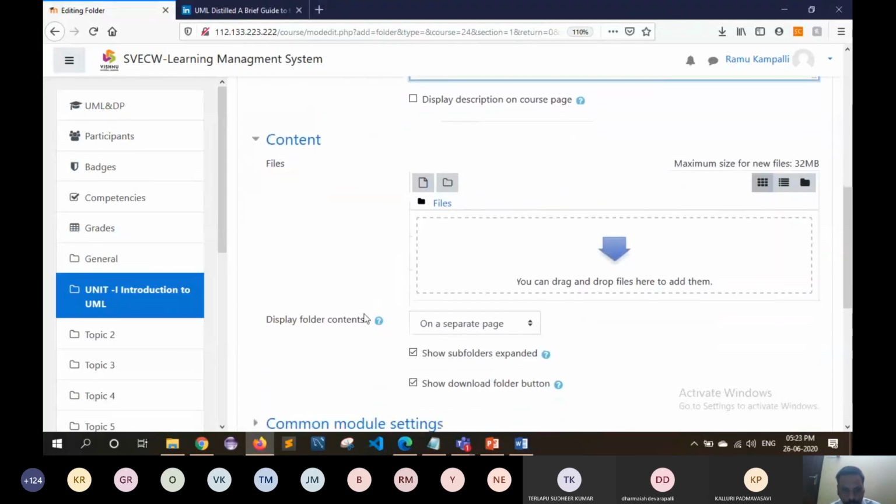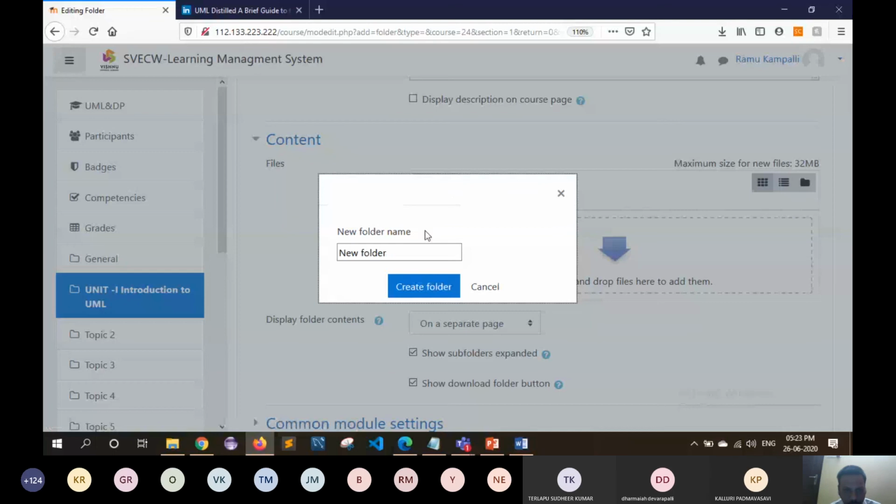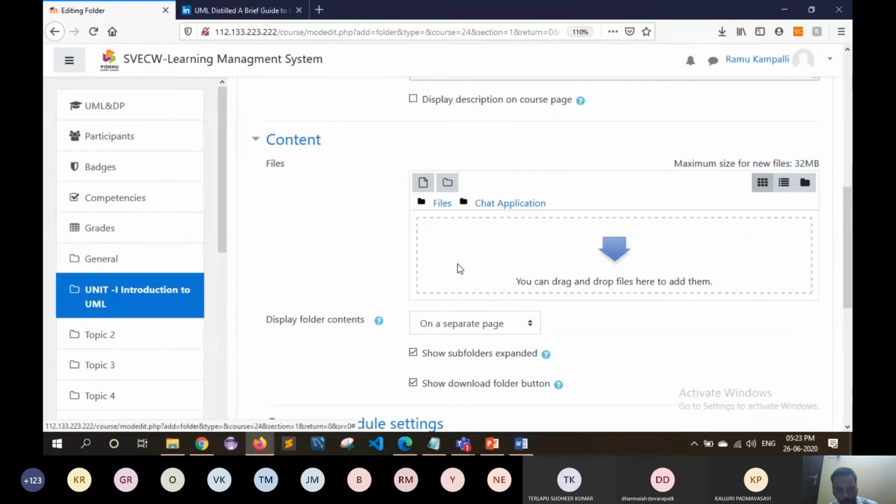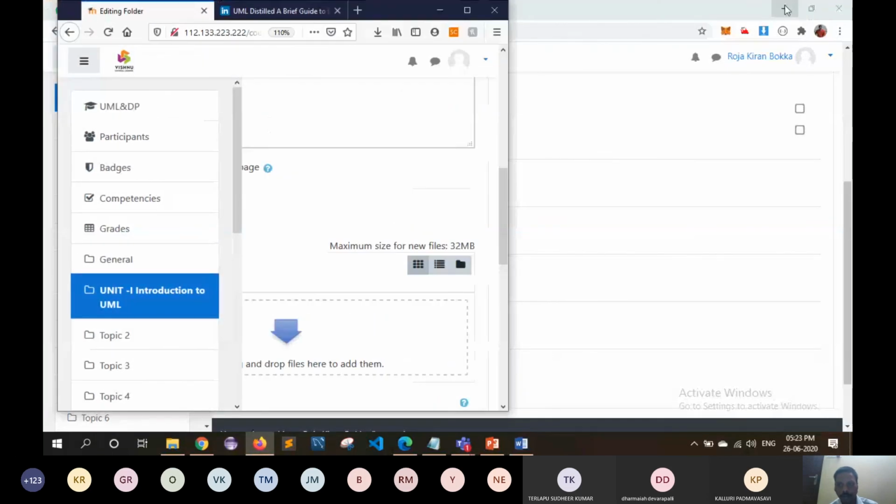So here you can create a new folder. Create folder, and inside this folder which I have just created, you can add the files here.